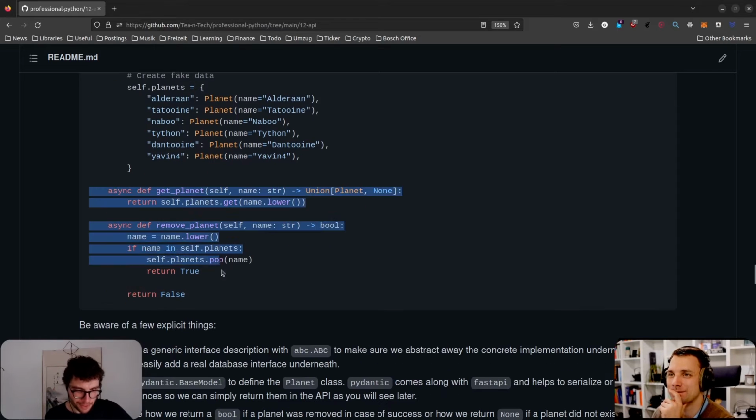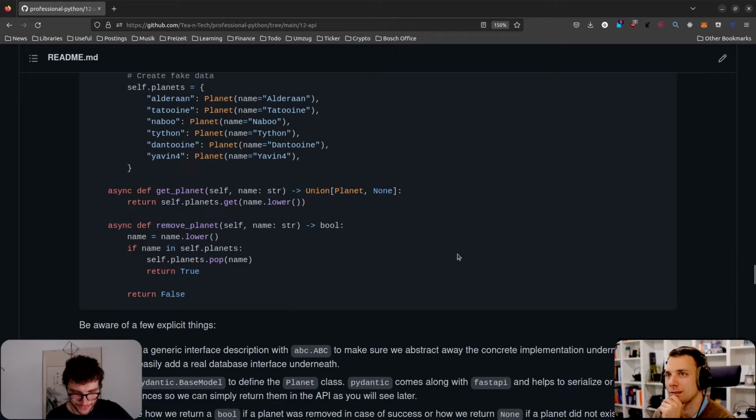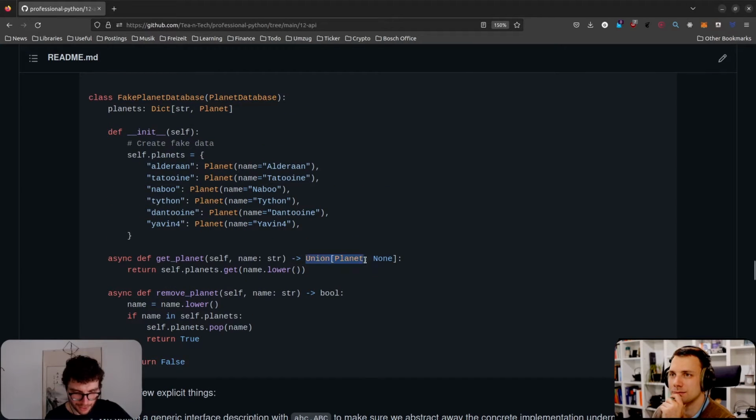And then I just implement those methods, and then I'm done. You know, how to get a planet and how to remove a planet from the database. Understood. Yeah. And there's also two things. If you get a planet, you see I also return None if there's none. I don't raise an error or something. I really like this. There was just nothing, man. Because there's a difference between something went wrong actually retrieving it, or there was just nothing there.